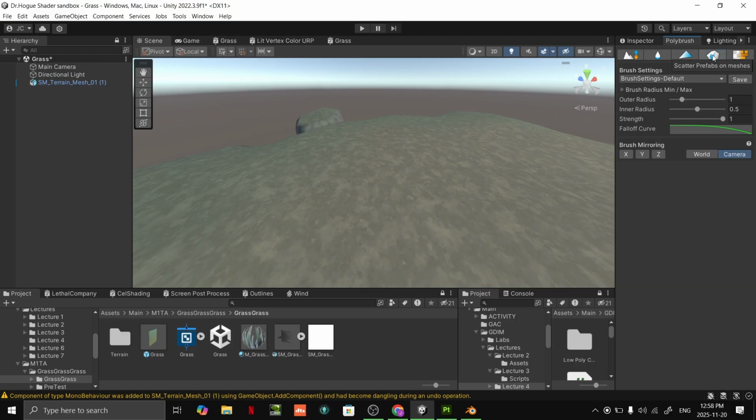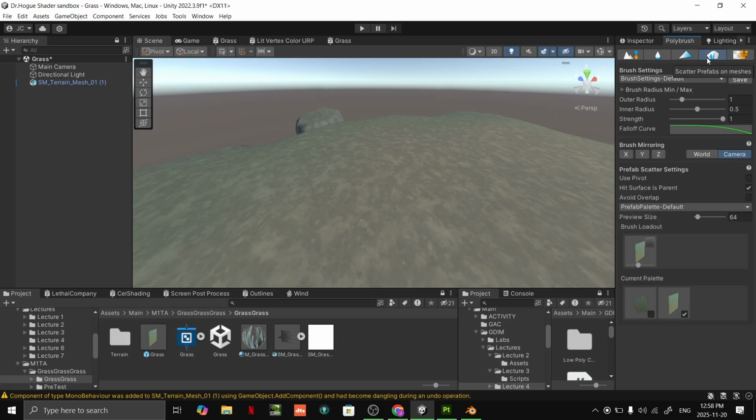There's like, are you talking about this tab here? Yeah. So there's a lot of different tabs I'm showing you today. But yeah, you see, are you here? Yeah. Yeah. Are you dragging and dropping your prefab into the current palette here? There's nowhere for me to drag it on. Is there not? Well, I